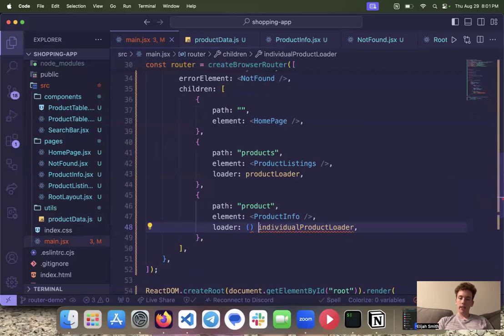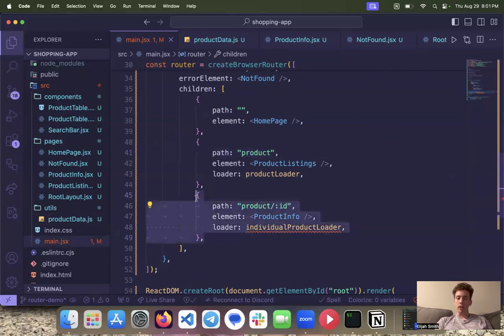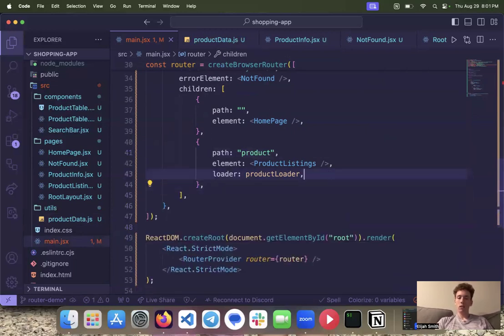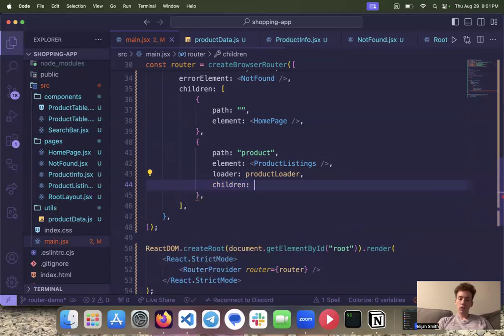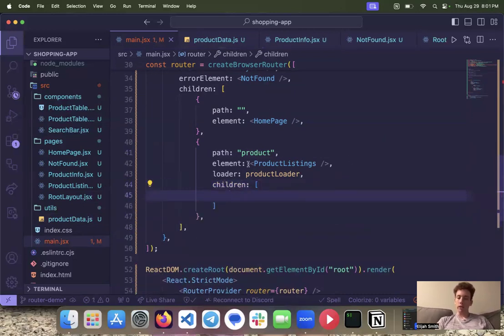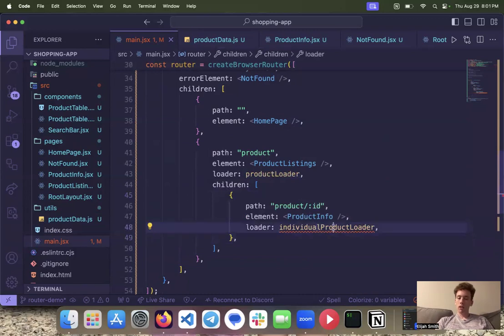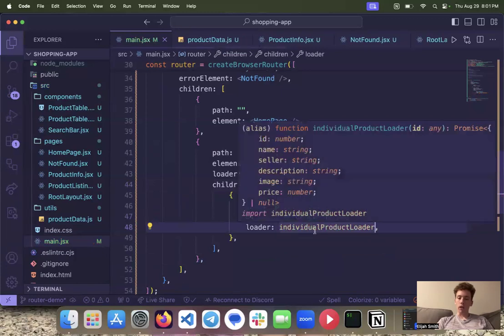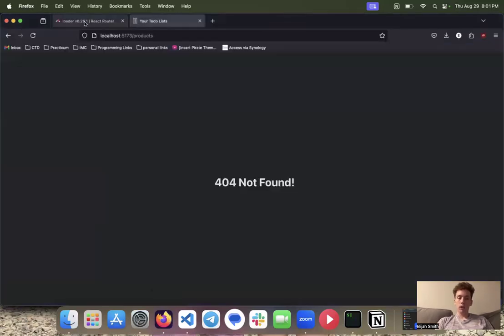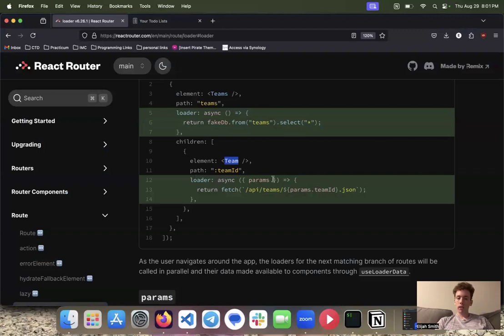And so here, I can declare /product/unique identifier. And because this is nested, I'm actually just going to stick this in a child of my product route, because again, we want to take advantage of nesting wherever possible. And I don't know if this is going to work. I think what it should do, based on this example, is,